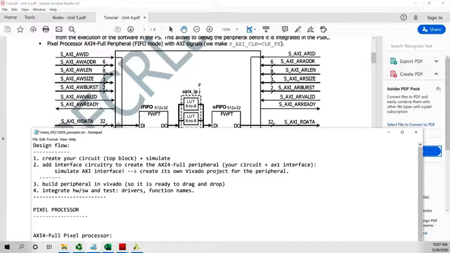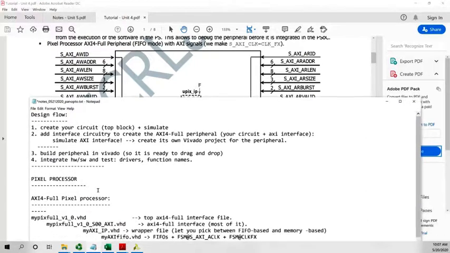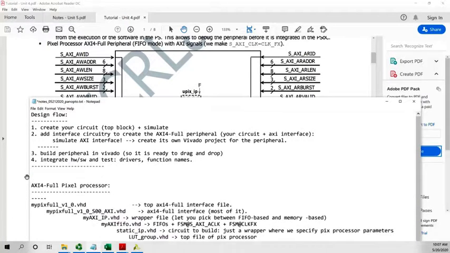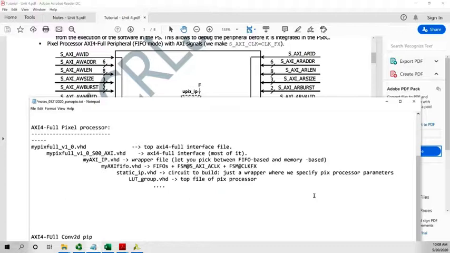And the Pixel processor has a particular structure, of course. Right here. Let's take a look. It has this file, my Pixel V10. That is the top file of the AXI interface. Now remember, this is a template, right, provided by Vivado. Then there is this file. That is the file that implements most of the AXI interface, by the way, most of it. This is also a template provided by Vivado,